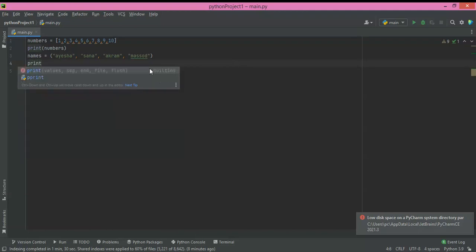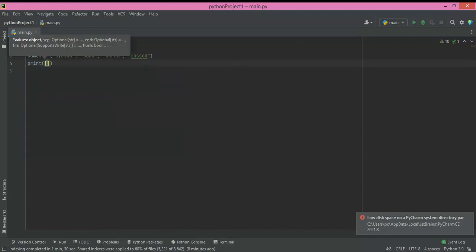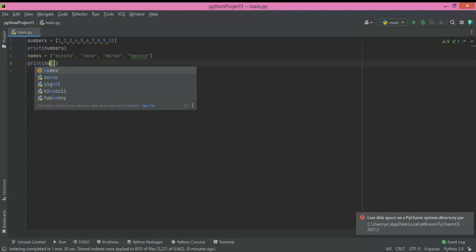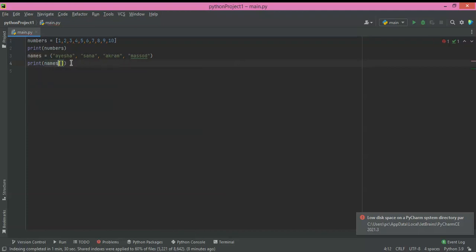We will use print. And now suppose we want to print the value at index 0. Python counts from 0, so it's 0, 1, 2, 3. And suppose we want to print the name at number 3, and we don't want the whole list to print, so we'll simply call the list name, and inside the square brackets we will write 3.